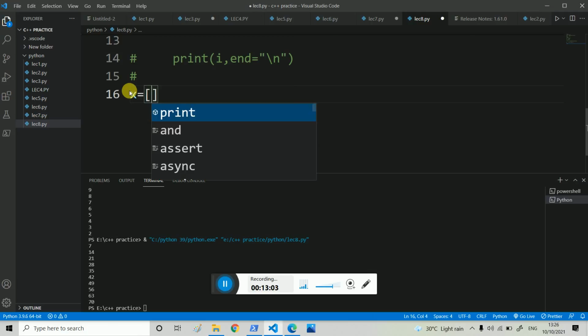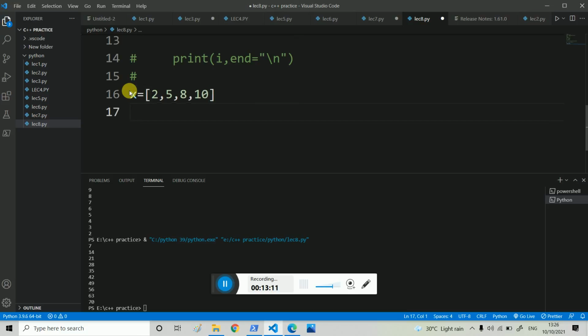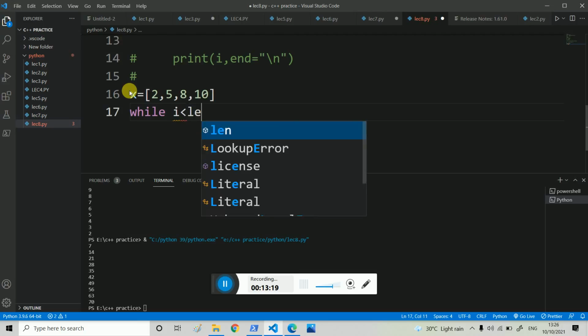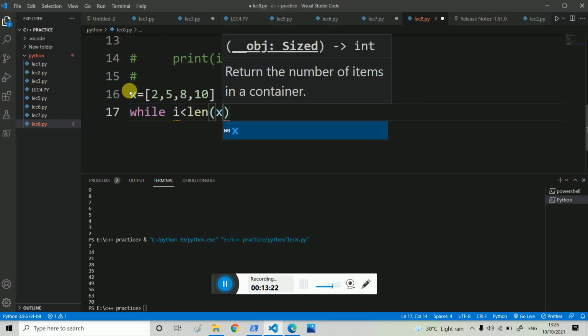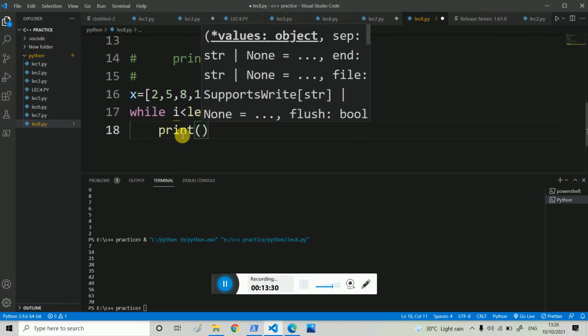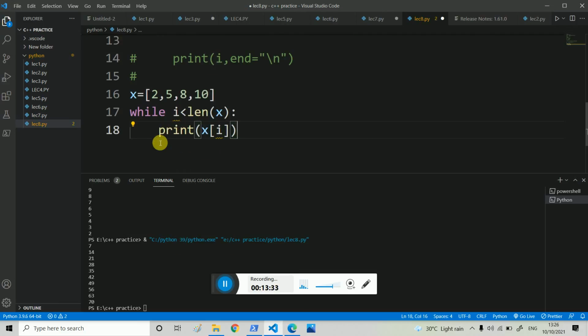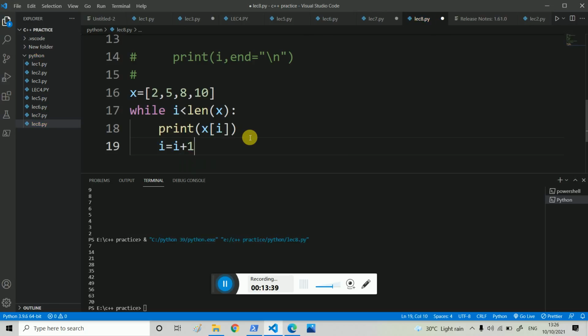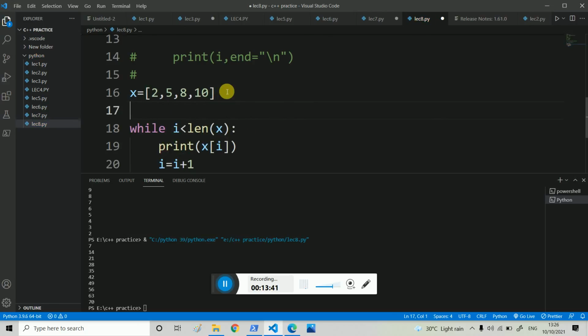Similarly, take the example that we have already given: 2, 5, 8, 10. Let's say I use while i is less than length of x, print x of i, and we have to increase i equal to i plus 1, and firstly declare i equal to 0.